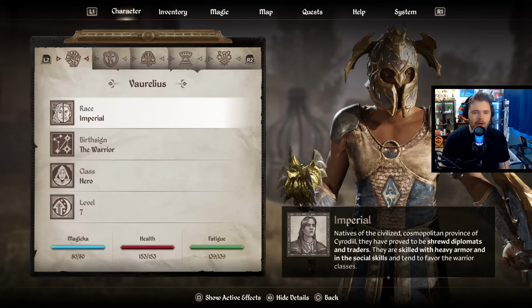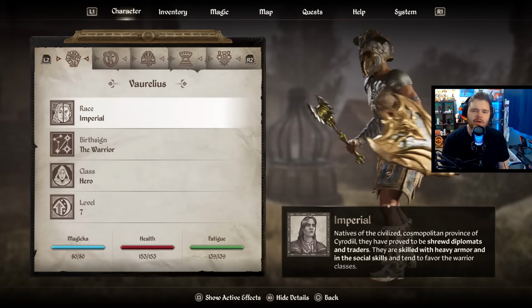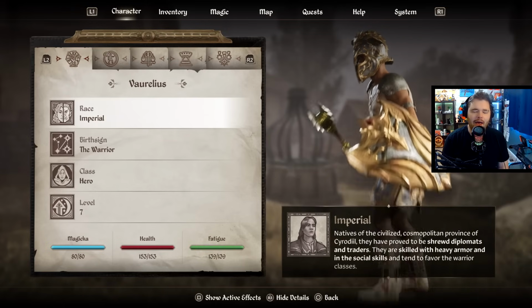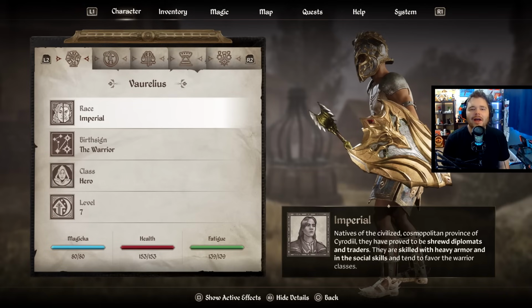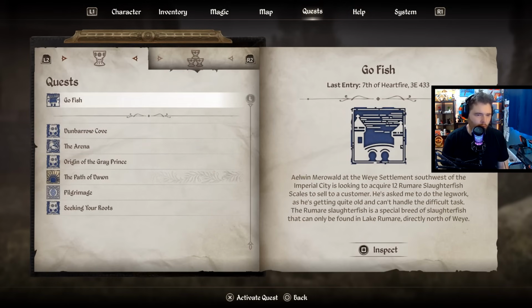Anyways, welcome back, ladies and gentlemen. We are Vaurelius, and yeah, there was a patch. As far as I understand, there was a patch, and I haven't looked at the patch notes yet, but you can see our dude actually has, God, that mace looks so good and shiny. Yeah, he actually has his weapons and armor, which is great, or his weapons, because up until now he was kind of just going like that. So, yeah, I don't know what the patch did, but hopefully,